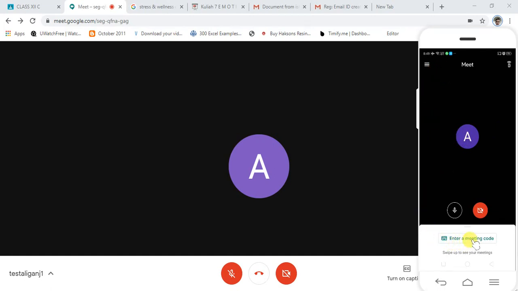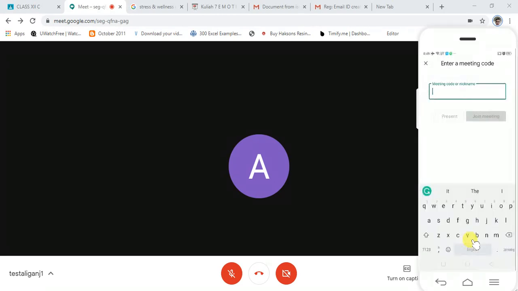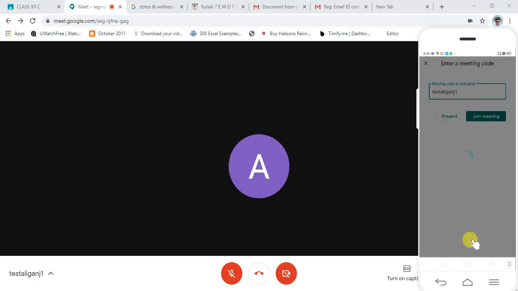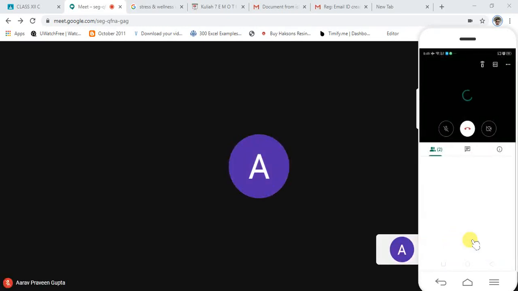Here you need to click on enter a meeting code. It's asking for a meeting code or nickname. The nickname in my case is Test Ali Ganj 1, and I'll click on join meeting.